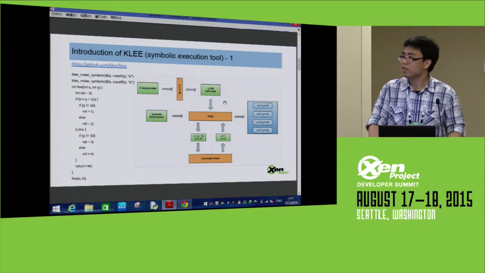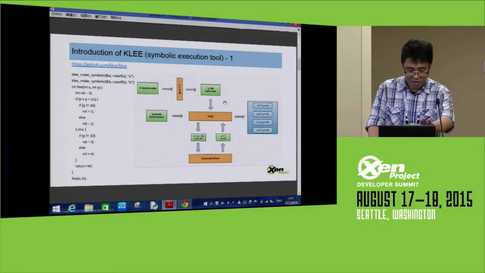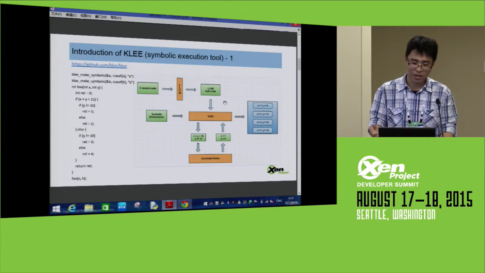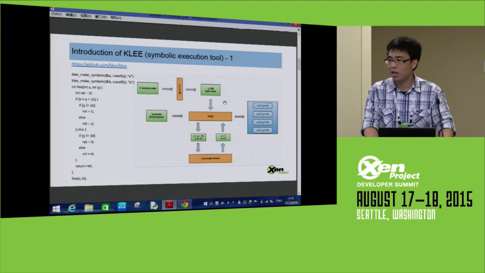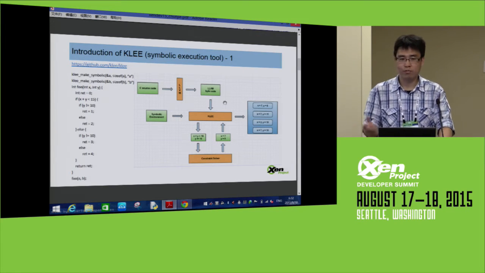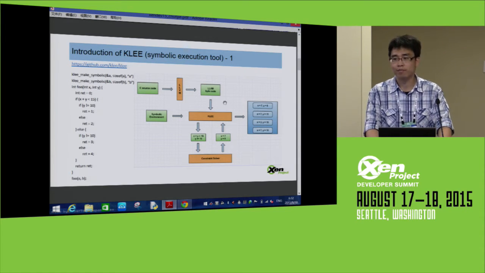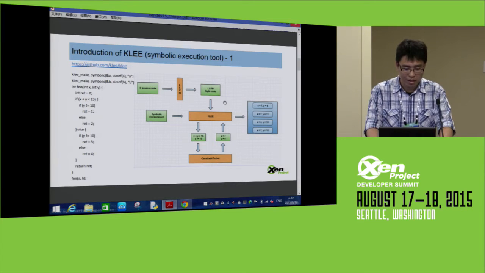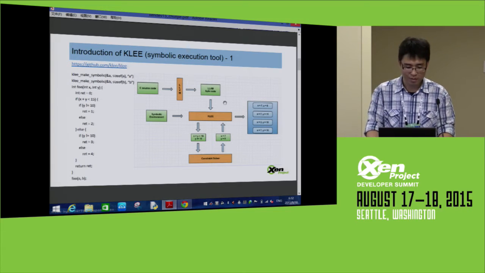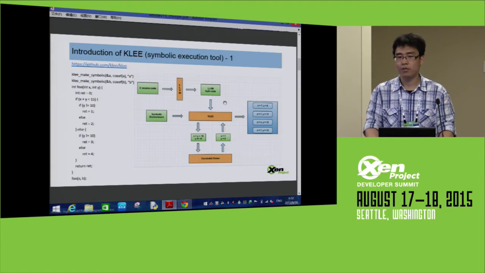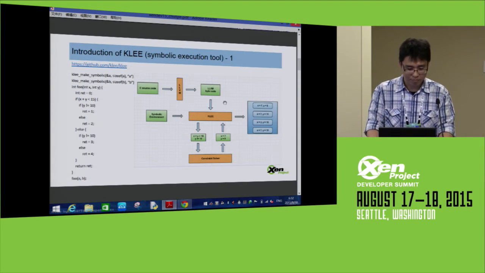Okay, first, let's see Kili. It's a symbolic execution tool, and it's open source. On the top of the page, we can see a link. So if you are interested, follow the link to get all of its source code. And on the left part, I list a very simple program to demonstrate how Kili works. So you can see